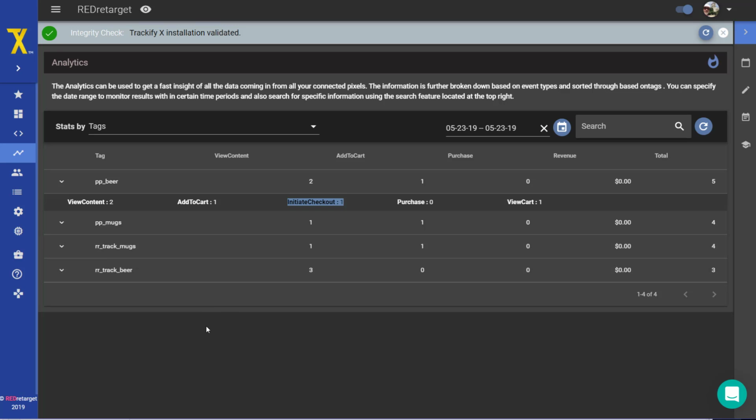So even any existing tags that you had on the products before you installed Trackify will show up in this tag list. However, the tracking data here will not show any past tracking data, because the tracking data on the Facebook pixels, even for the existing tags in your store, has only been generated since Trackify was installed in your store. And that's why it's so important to use Trackify as soon as possible to generate the special data